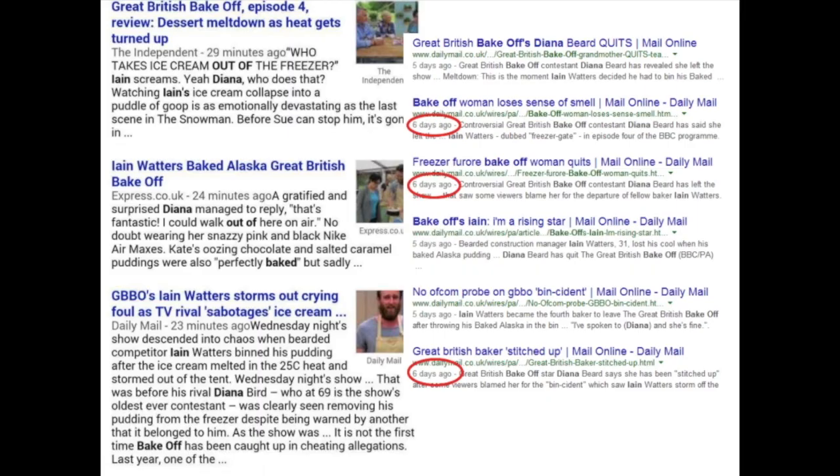And this applies to individual events as well. When there was a particularly dramatic episode of the Great British Bake Off, the Daily Mail didn't just publish 1 story, but 3 different stories within a few hours of that particular episode coming off air. Essentially what they were doing here is sending a signal to Google that we are the authority on this story, and indeed Bake Off more generally. So you should rank us more highly if someone's interested in finding out about this story.